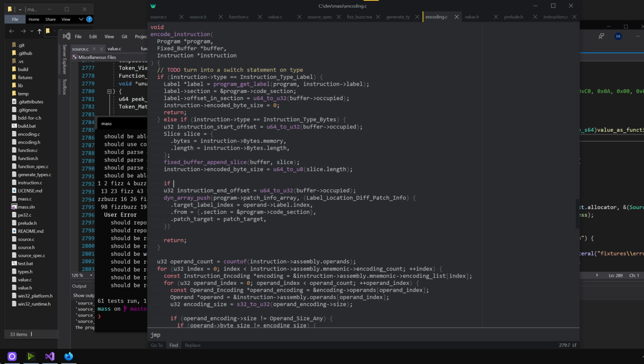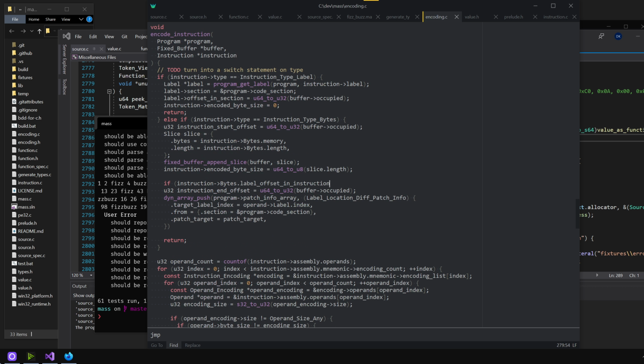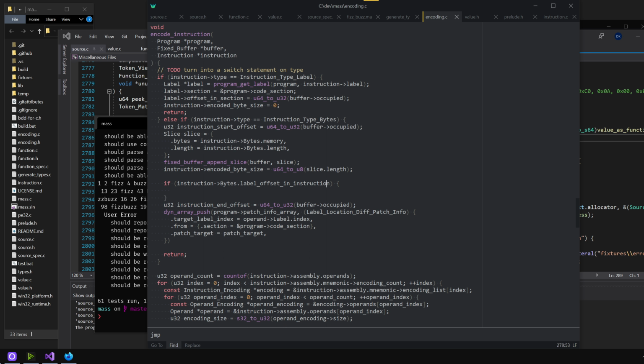And I can say, if instruction bytes and then label offset in instruction, so this stuff is not, how did I call it, instruction bytes no label. Okay, if it is not that,